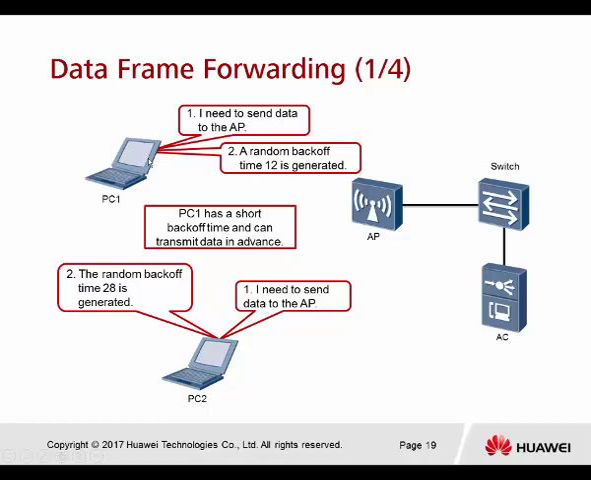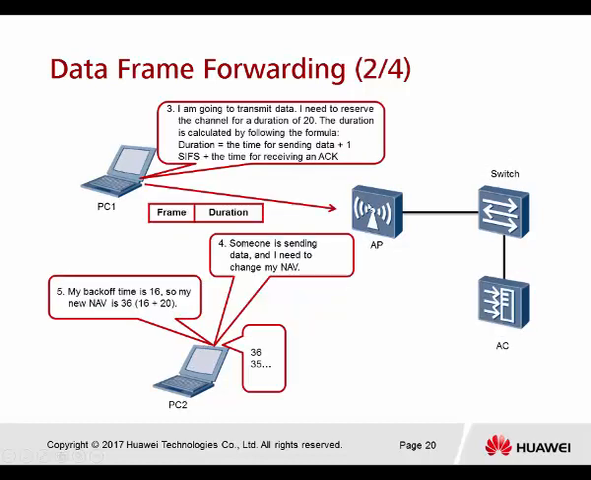So PC 1 is going to randomly generate the back-off time. The back-off time for PC 1 is 12. PC 2, after generating, gets a back-off time of 28. So now PC 1 has a shorter back-off time and can transmit the data at once. PC 1 is going to transmit the data and needs to reserve the channel for the duration